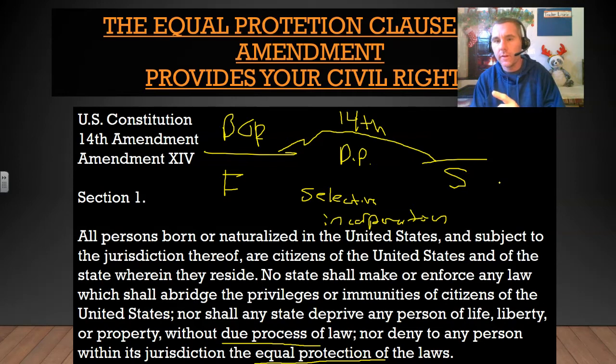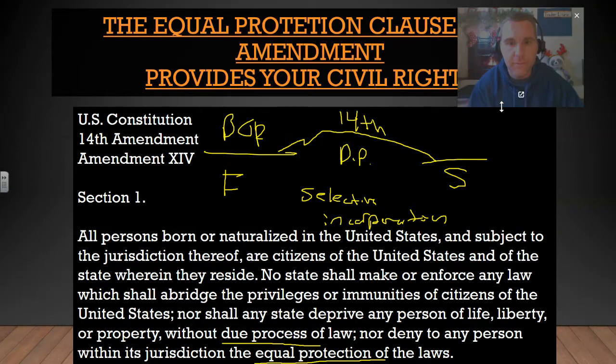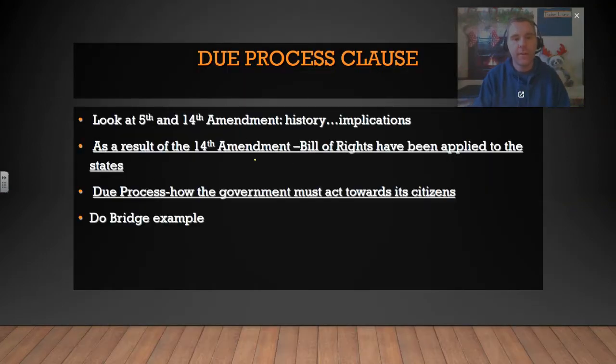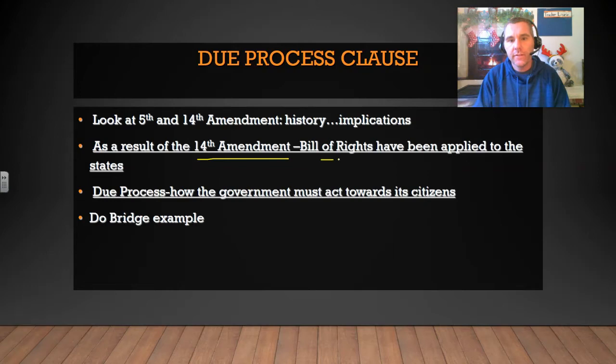Miranda versus Arizona. Not only does the federal government have to give you a fair search and seizure, like the FBI if they want to search you, so do the state police. And that court case we're going to talk about is called Mapp versus Ohio. So this process of incorporating the Bill of Rights to the states one at a time, on a case-by-case basis, is called selective incorporation, and it's a really big concept that we're going to keep developing. Again, as a result of the 14th Amendment, the Bill of Rights have been applied to the states.